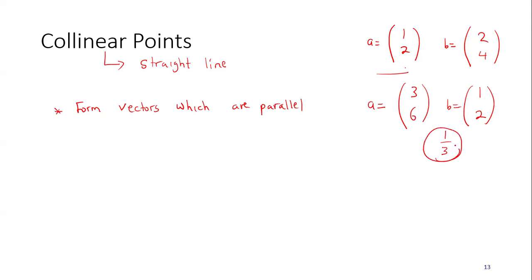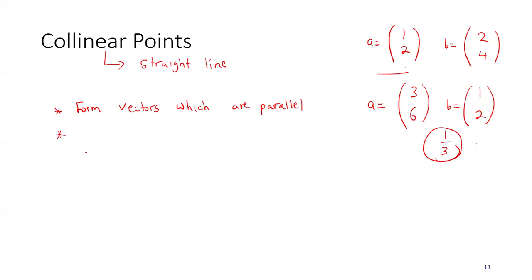Now, this division by 3 results into what you call a scale factor. When you are looking at enlargement, you looked at a scale factor. Now, this a third is what you call a scale factor. Sometimes we can call it a multiple, anything you want. Whenever you find two vectors whereby there is something you can do to obtain exactly the other through multiplication or division, then that means that those two vectors are parallel. Now, for anything to lie along a straight line, it must be able to form what we call parallel vectors.